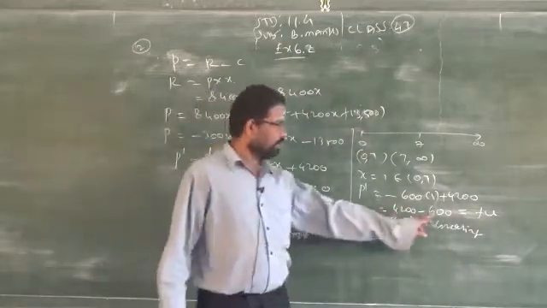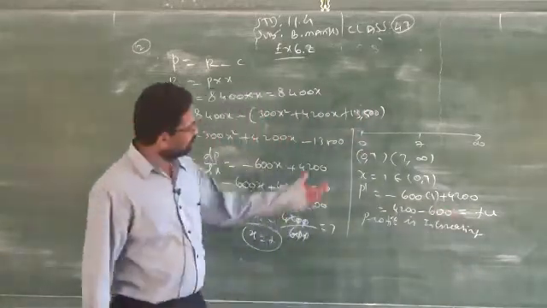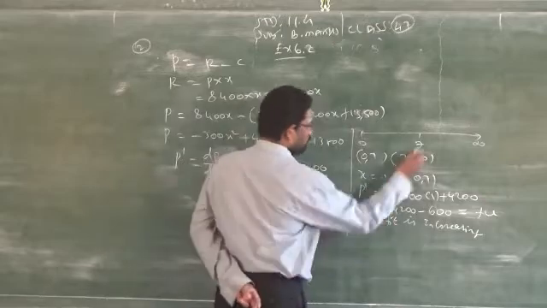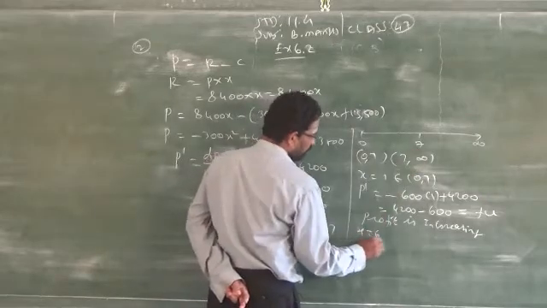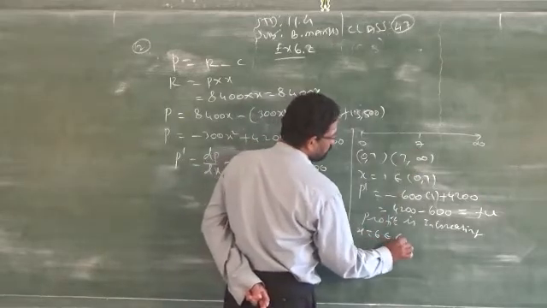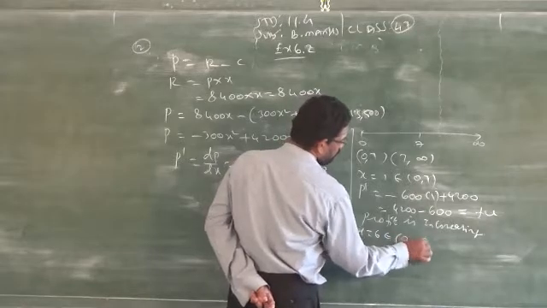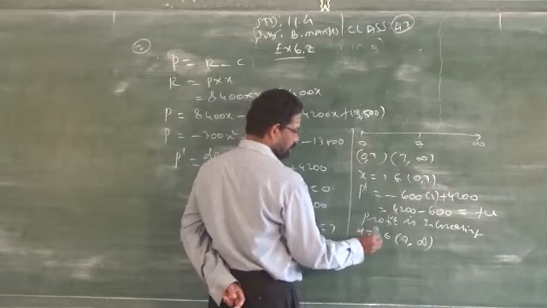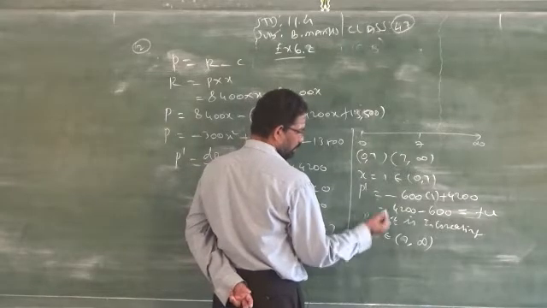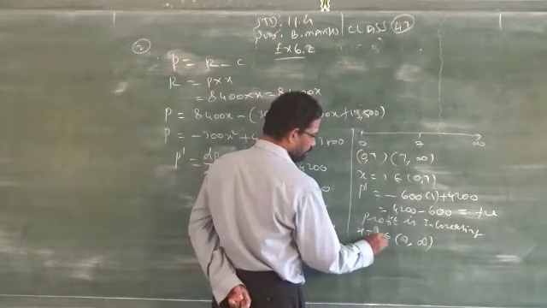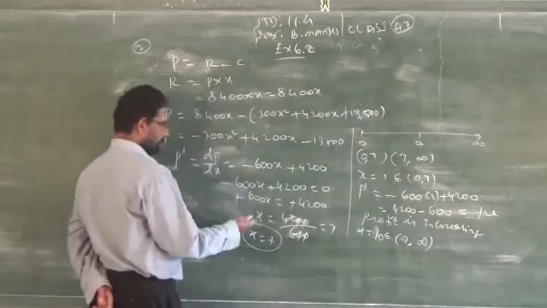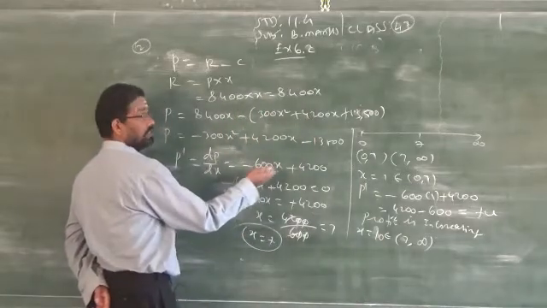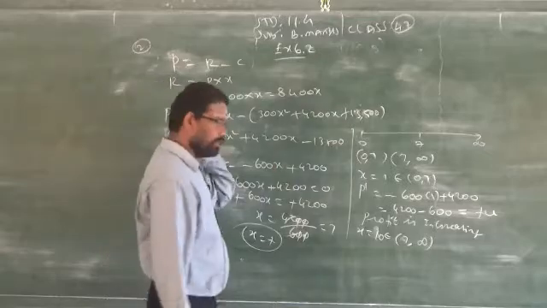Clear? So you just have to do the calculations. Next, you have one more interval. Take 6 or any number, that is your wish, belonging to 7. 6 is not possible because 7 is where it starts. So you have to take 8 or 10, that is your wish. I am taking 10 now because if you replace x by 10, then 10 into 600 is 6000, so it will be easy calculations.